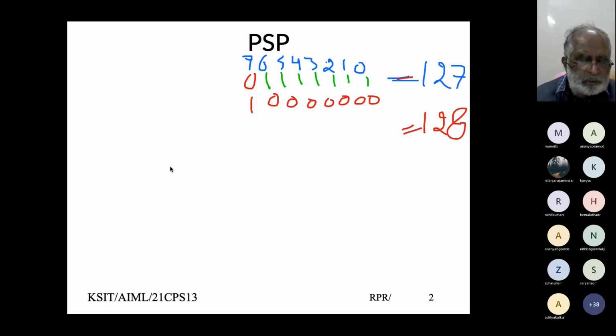If the most significant bit happens to be 0, the number is treated as positive. So let me repeat again. In the system, when the most significant bit is 0, the number is positive. When the most significant bit is 1, the number is treated as negative.